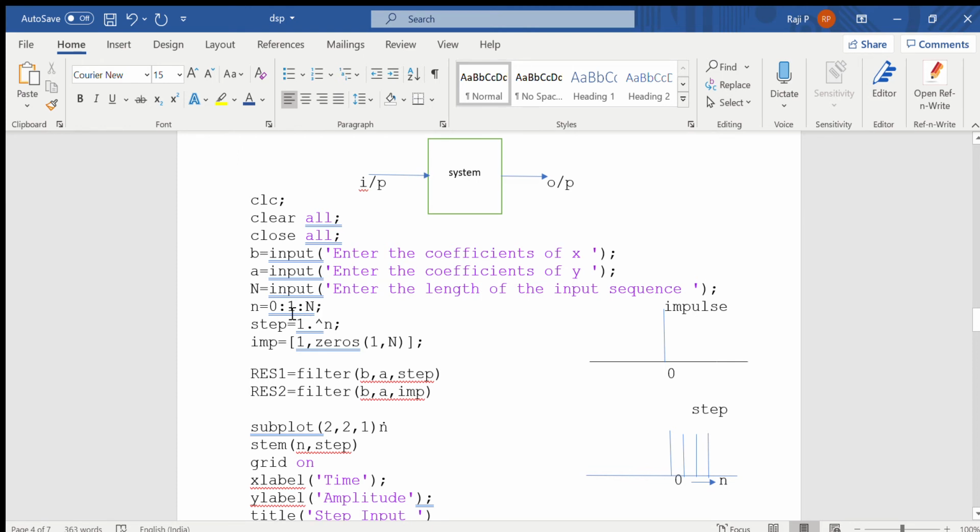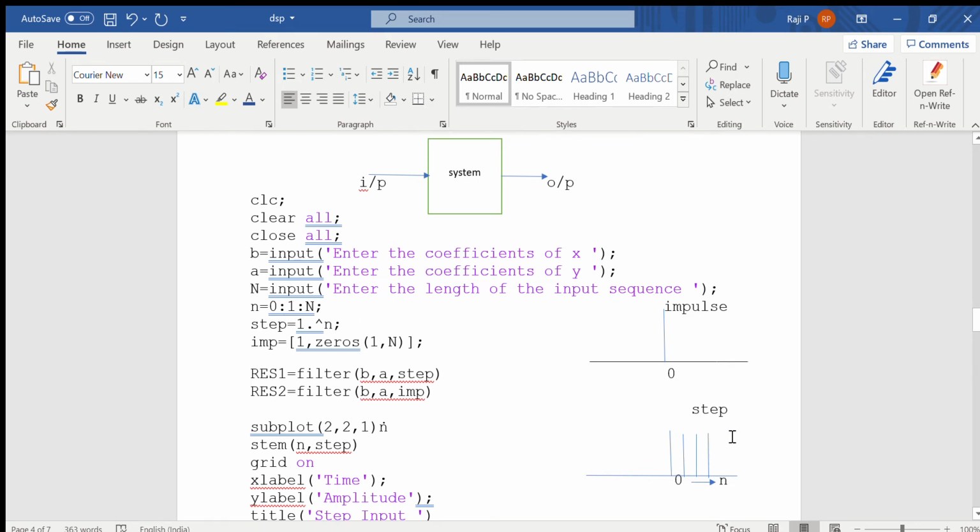Usually it is written using a colon, so 0 to N at the rate of 1. If you consider the N value to be 10, then small n will be equal to 0, 1, 2, 3 till 10, as the step size we have given here is 1.